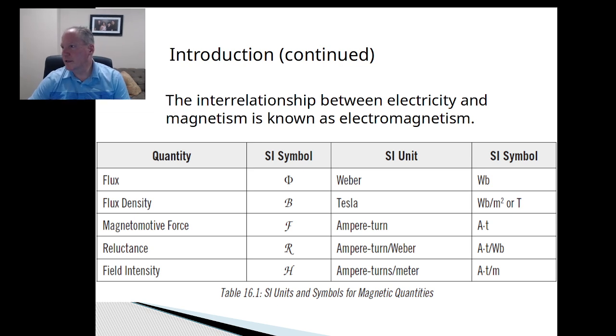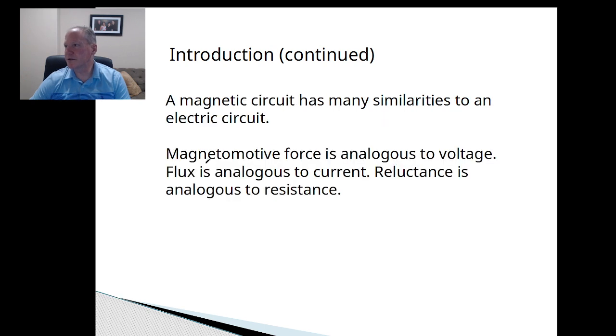So anyway, the term flux has the unit of a Weber and the symbol of phi. These are all Greek letters. And the flux density is beta, with the unit of Tesla. Magnetic force is F, with the ampere turn, reluctance, and field intensity. Okay, so let's take some of these values